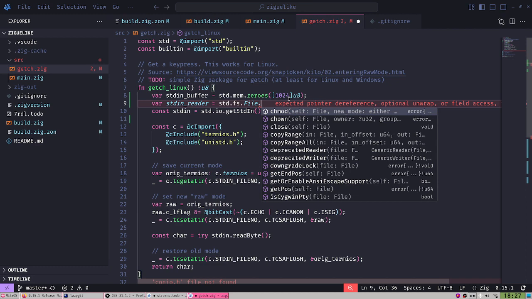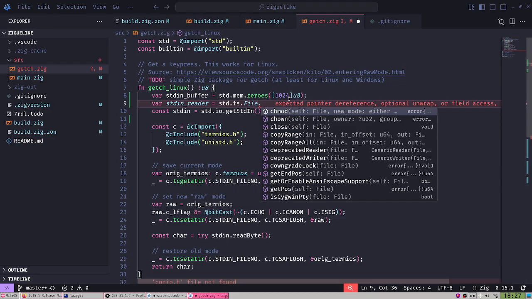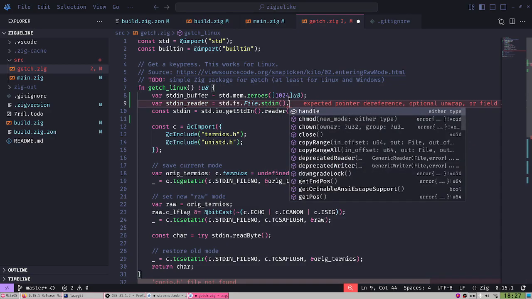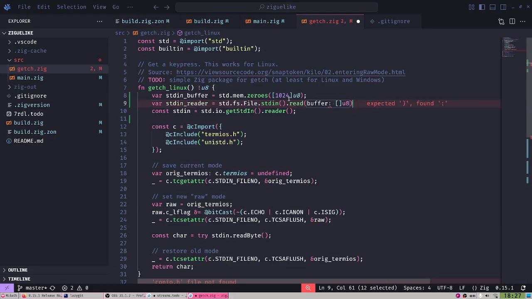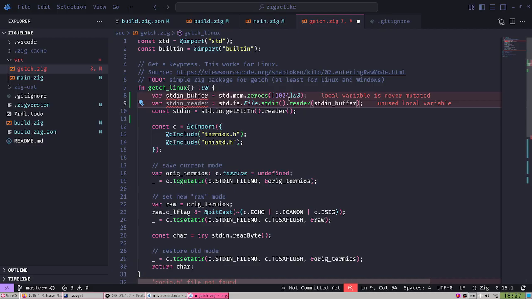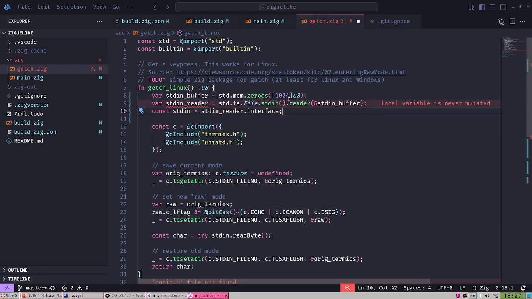Okay, so we're gonna use the stdin. Stdin, there it is. And we're gonna get the reader. And yeah, reader, and provide a stdin buffer. There we go, except that we need to give it as a slice. And finally, I'm gonna use the stdin reader and get the interface to it.